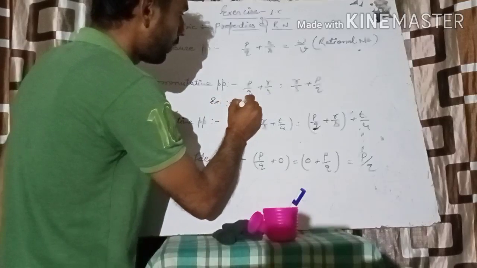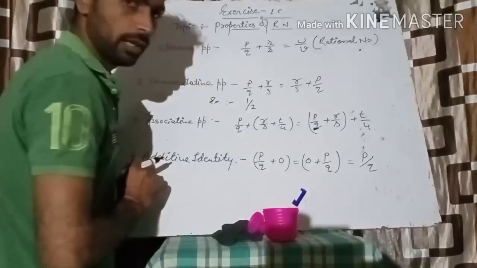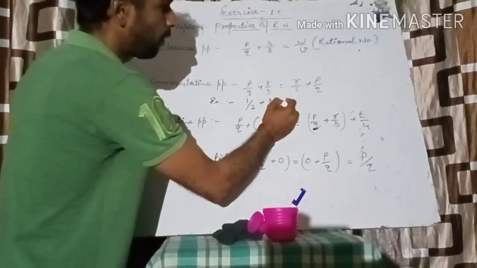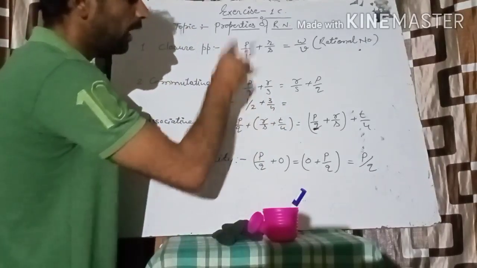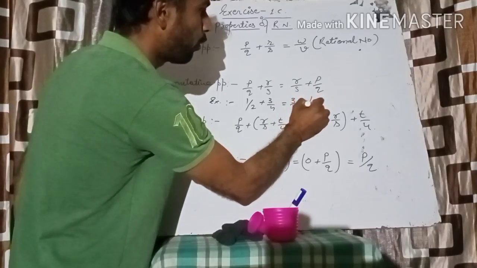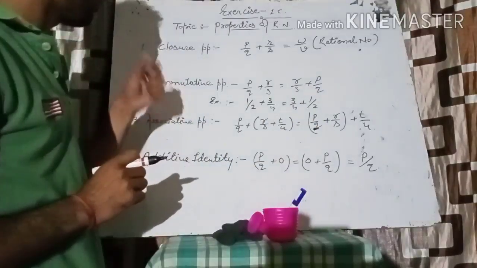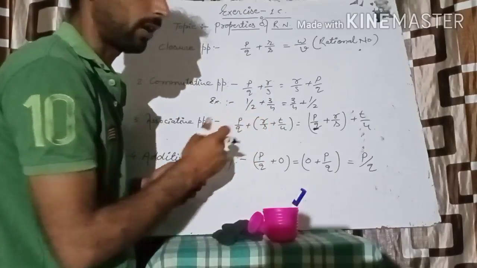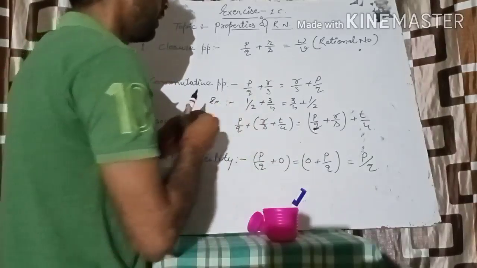Suppose 1 upon 2 is your rational number plus 3 upon 4. What will be the solution of this question? It will remain equal to 3 upon 4 plus 1 upon 2. Meaning, in this property we are changing only the order of the rational numbers. Now the third one,